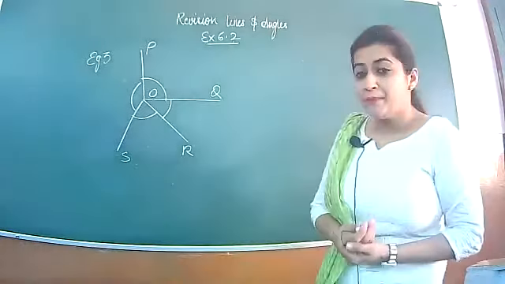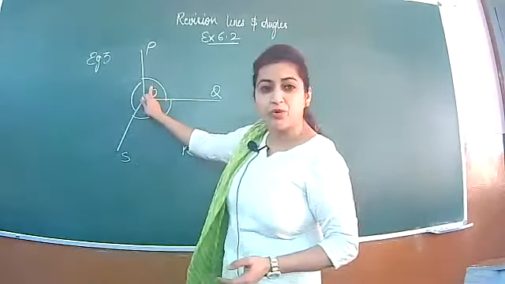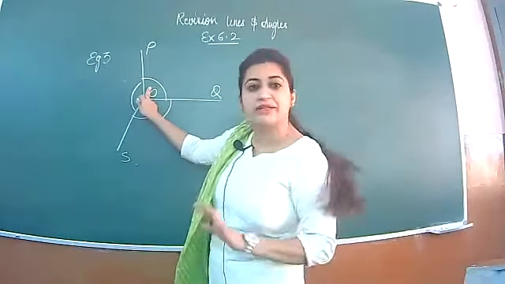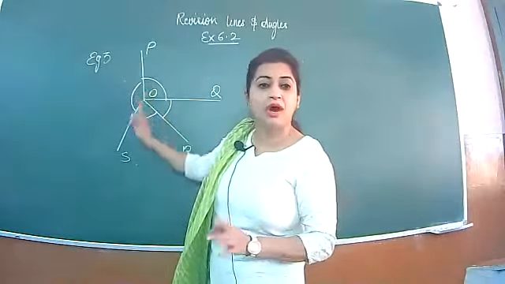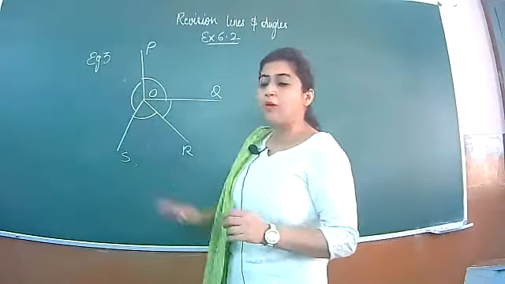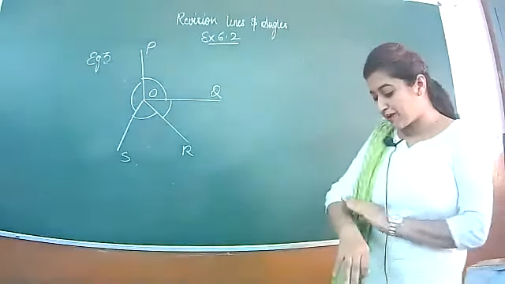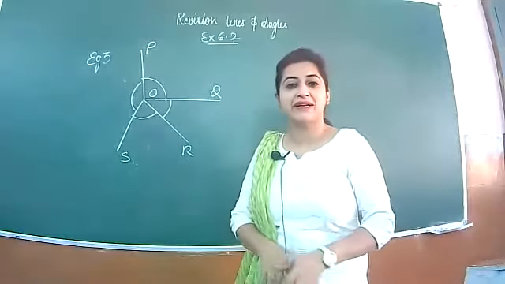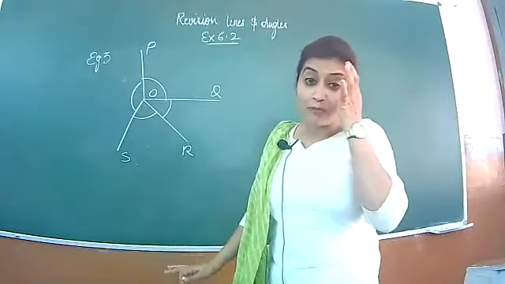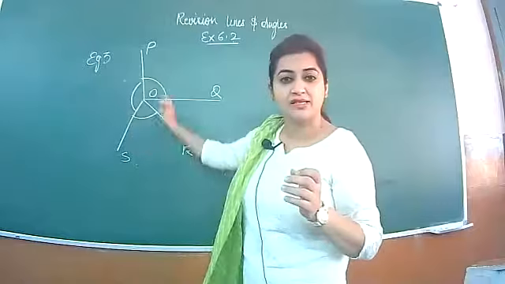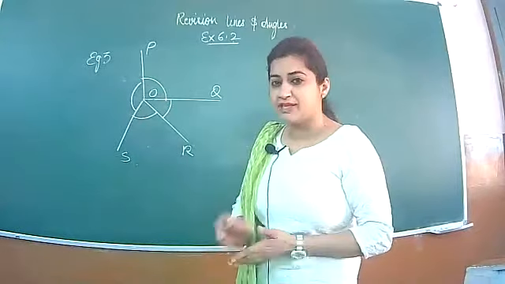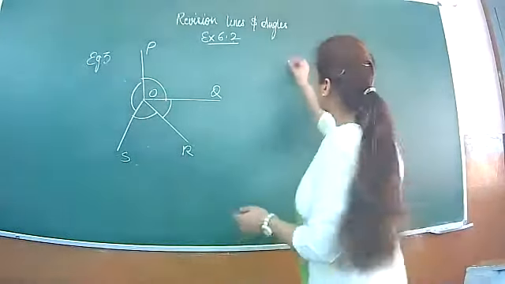What you will do, beta? Actually, this angle is obtuse, which is more than 90, but no angle is given. So you can't proceed in the number form because no angle is given in numbers like 90 or 75. You just have to show that the sum of all angles is 360 by the complete angle. What you will do?